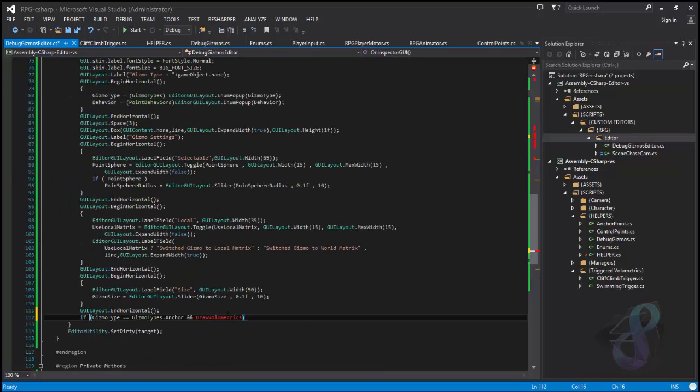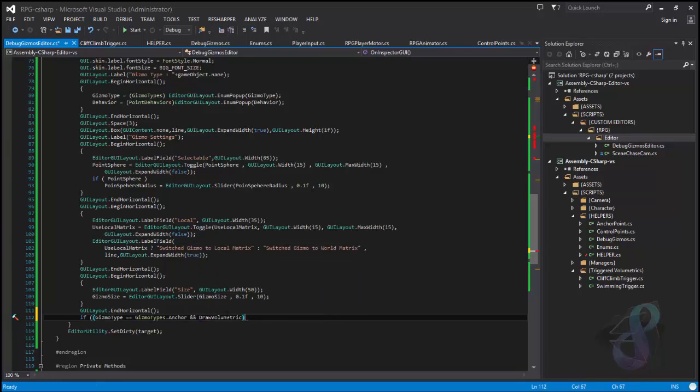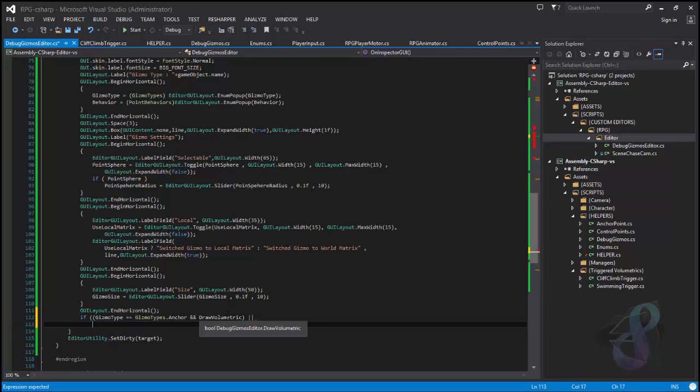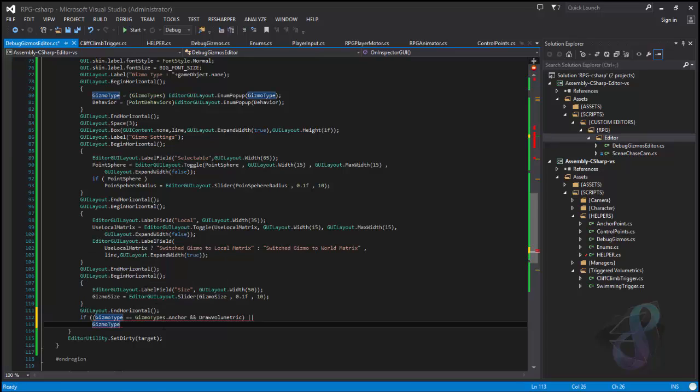Okay, if this, does it draw volumetric? Yeah, no. Okay, I misspelled it. Draw volumetric. If this, or gizmo type, and you should select the one that says gizmo type and shows gizmo types in front. If you choose this one, this is a global variable. Okay, so if gizmo type equals to